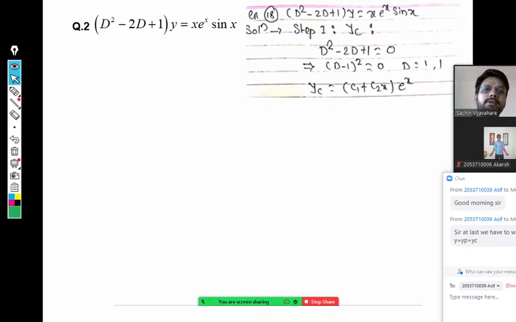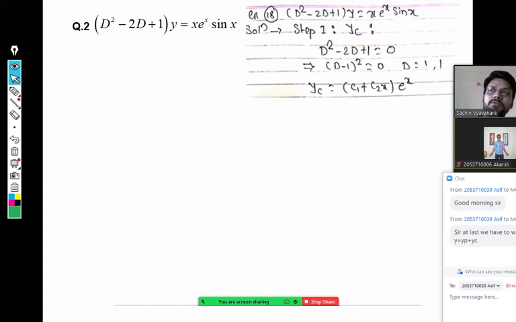You can start for yp. So how many methods should you use in the RHS now? Two methods. There is x e raised to x sin x. By observing, you may think that we have to use two methods, but it depends on what the simplified phi D is, that also matters. So which case are you going to apply first, x into v or e raised to x into v?